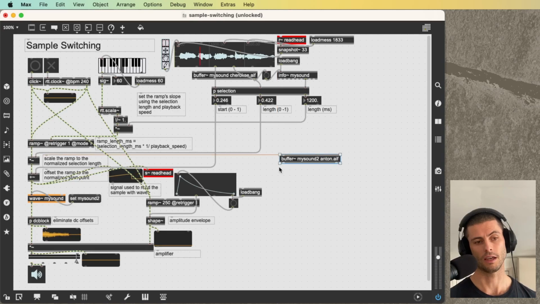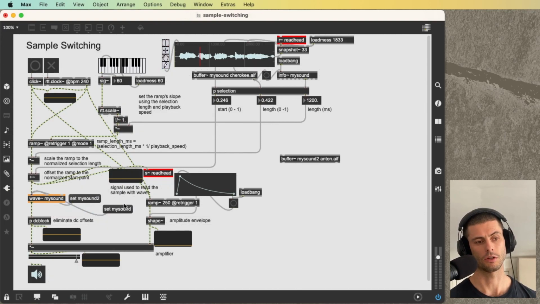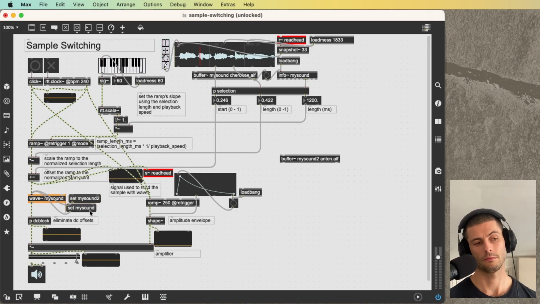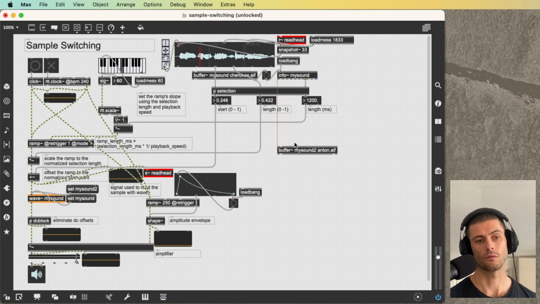So we're playing this sound. If I now go back to set my sound, which is the original buffer, then we get this. So that's basically the approach. We now have to connect all of the rest of the things here so that when we refer to this other buffer, we are changing the sample lengths and start points, and also changing the waveform